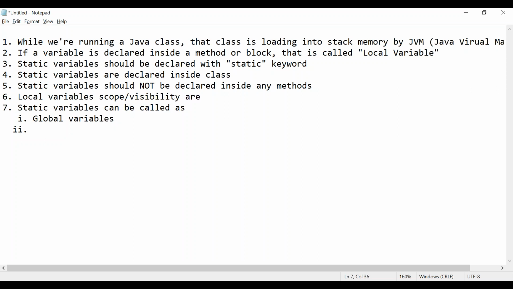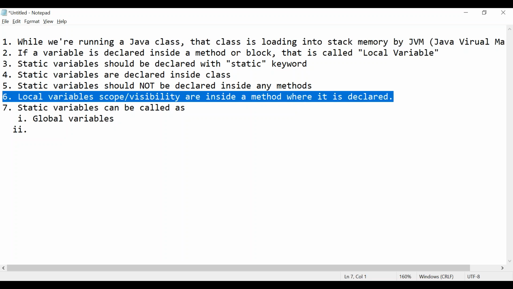Local variables' scope and visibility are inside the method where it is declared. Correct. Local variable scope or visibility is there only inside a method.